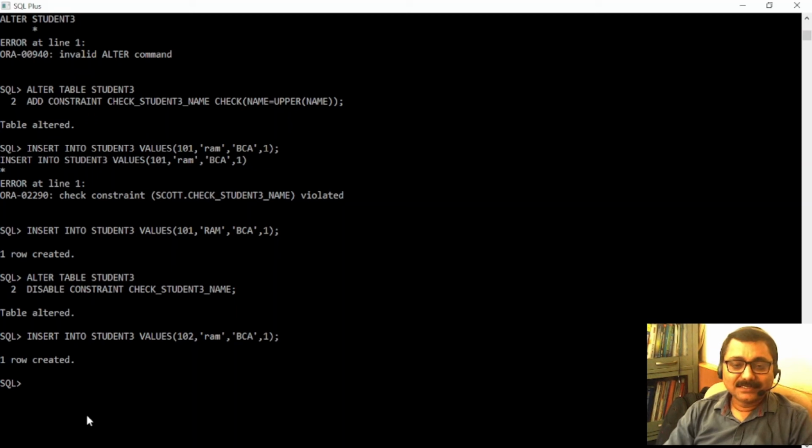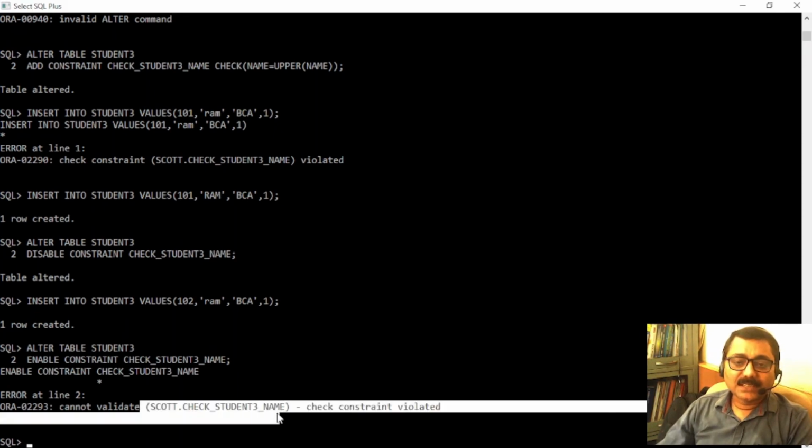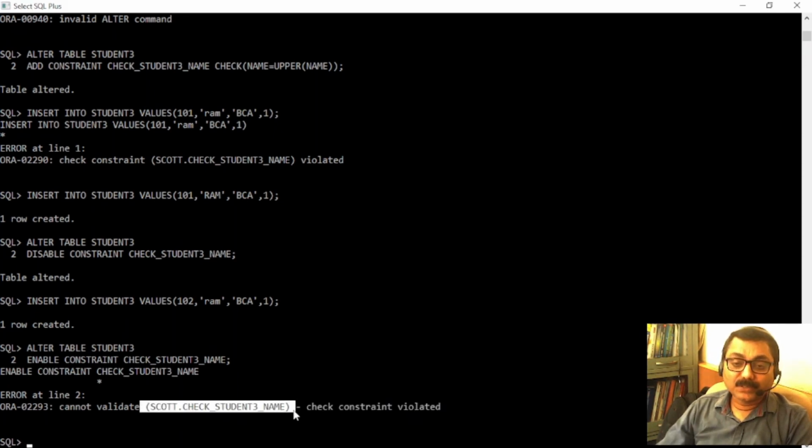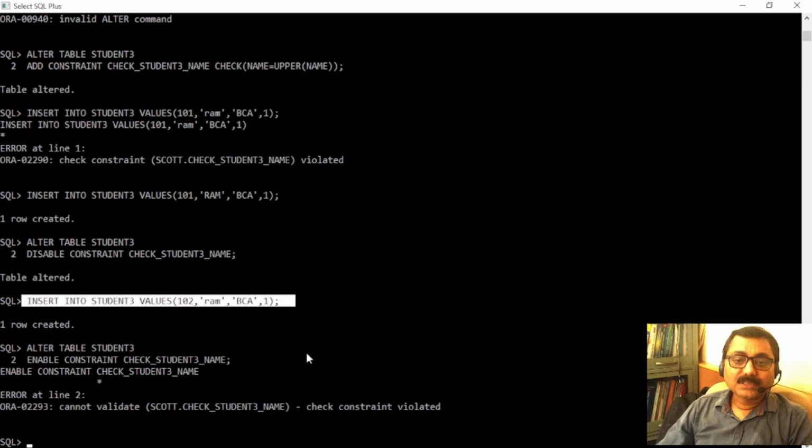It's created. Now, as the check constraint is disabled, I can enter a name in lowercase also. Now we try to enable. Alter table students, we will use enable. It's very simple. Enable. Again it says violated, because this constraint says that name should be uppercase only. And I have just entered a name in lowercase because that check constraint was disabled at that time, right?